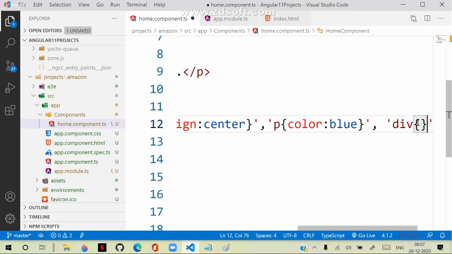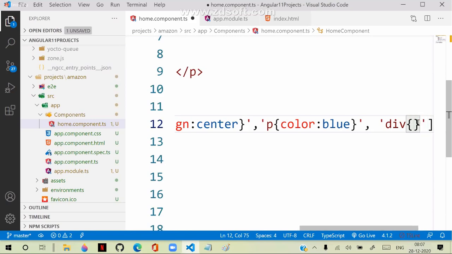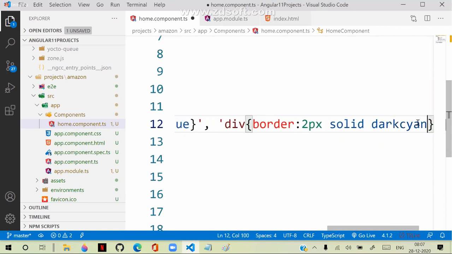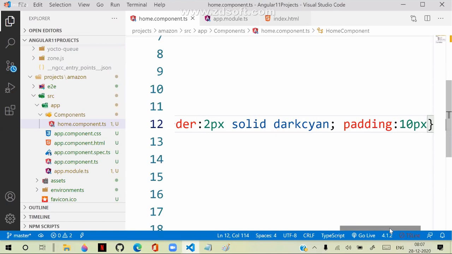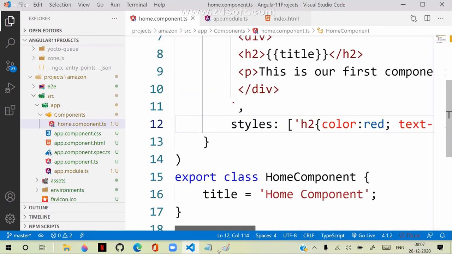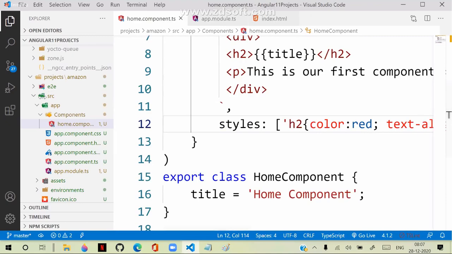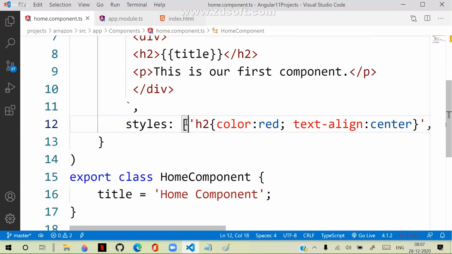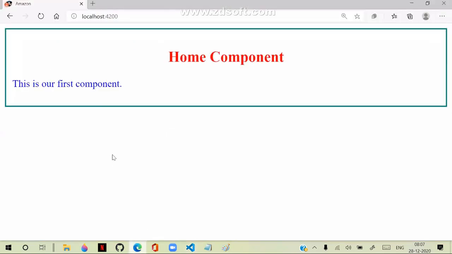So we are configuring the effects like, the div will have a border of 2 pixel, solid, and a dark cyan color, and we have padding of some 10 pixel like this. We are configuring and defining all the effects for this component individually. Styles contain the information on how the effects need to be defined. Everything is ready, just save these styles, and these styles need to be applied to your component. That's how we are configuring and designing the content.